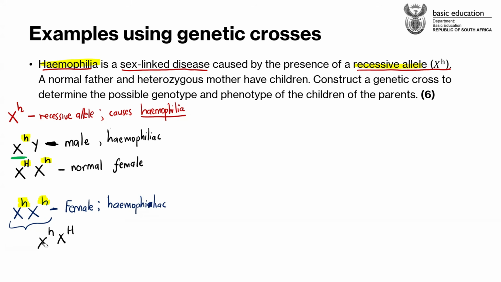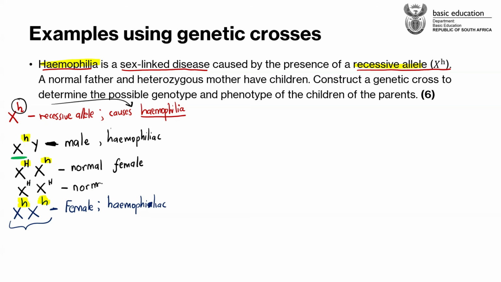Okay, but can we have two capital letters, right? Yes, we can have two capital letters, all right? So that's another scenario that we have to do, the last one, of course. The other one that we have is X with a capital H and X with a capital H. So this person, when we look at their phenotype, is absolutely normal, guys, because they have capital letters. If the recessive allele is a small letter and it is the one that is causing the disease, then having a capital letter means that you don't have the disease. This one is also a normal female.